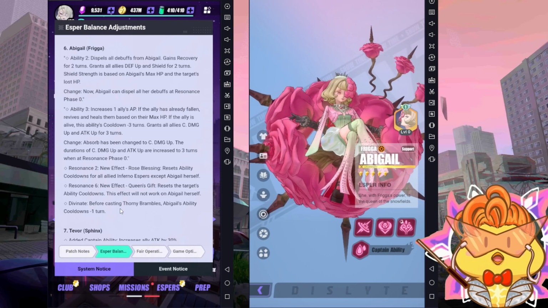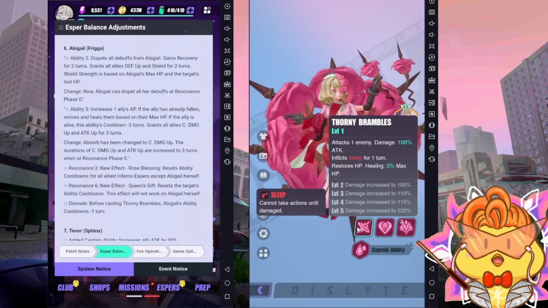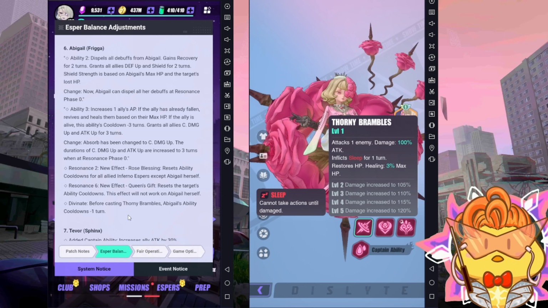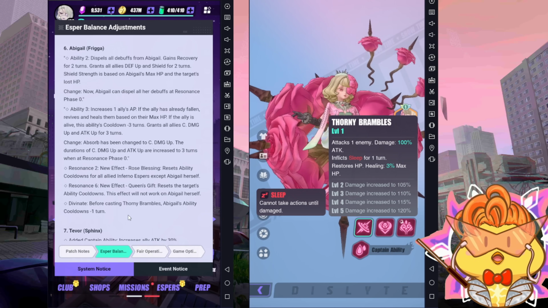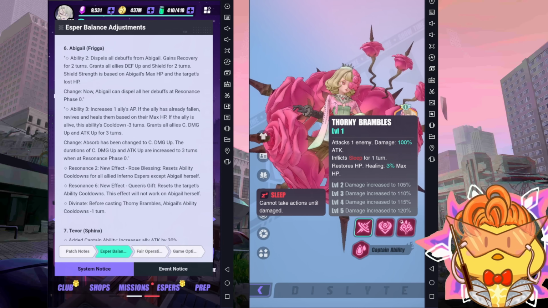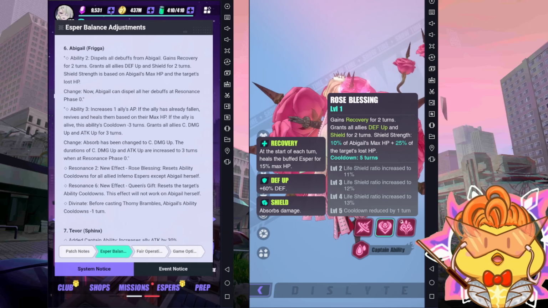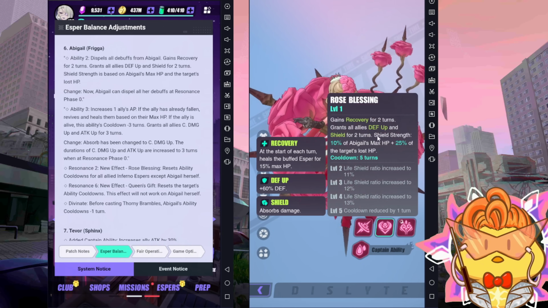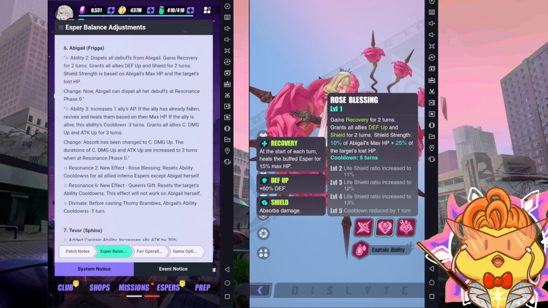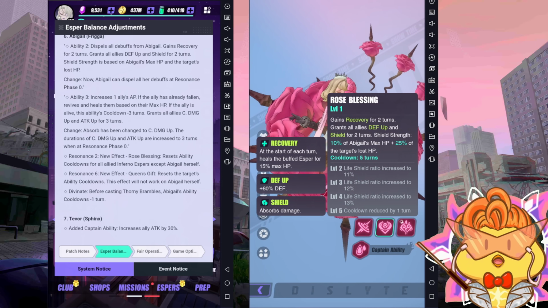Then for Divinate, before casting Thorny Brambles, which is S1, before casting S1, Abigail's ability cooldown is reduced by 1 turn. Oh my god, this is so broken. So imagine you build Abigail with Avatara. Then every time Abigail counter attacks with S1, the S1 will help her reduce her cooldown. Then with the faster cooldown, she can cast more S2, which is more shield and recovery, and then she can dispel herself, and then every time she casts S2, she will reset ability cooldown for all Infernal Esper,